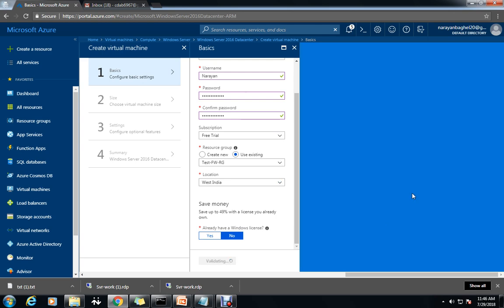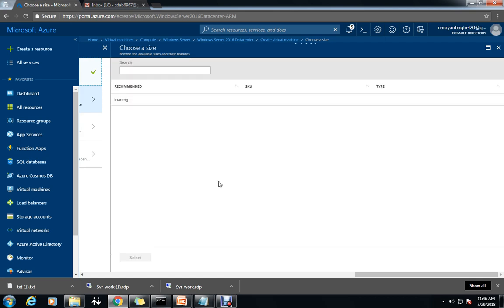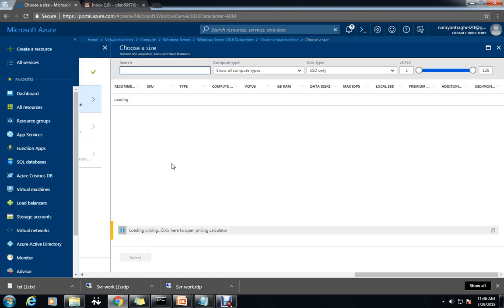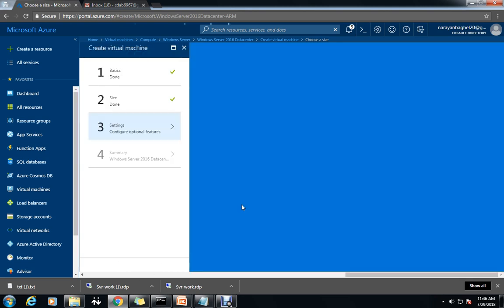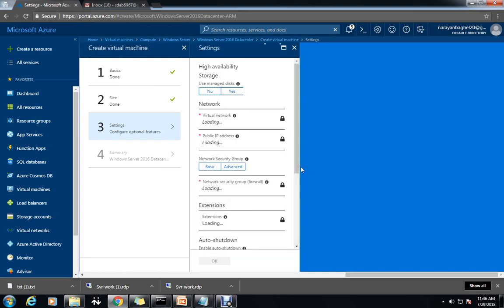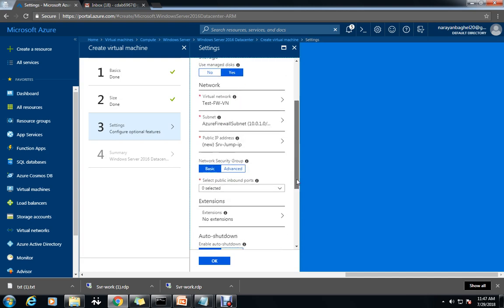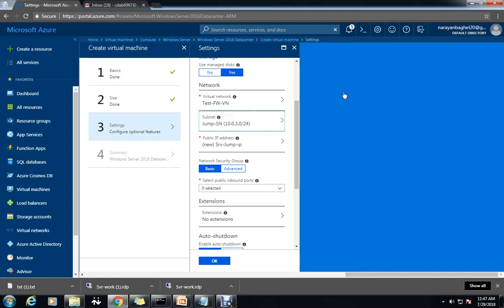Now you need to select instance size here, what kind of configuration you are going to take. So for that I will go with 4 GB and select. Now we will have to be careful here. We need to select virtual network and subnet. So as you can see here, for virtual network it came what we have created, and if we go to subnet it is showing default one, but we don't want that, we don't want the firewall subnet. We need the jump subnet. Okay,